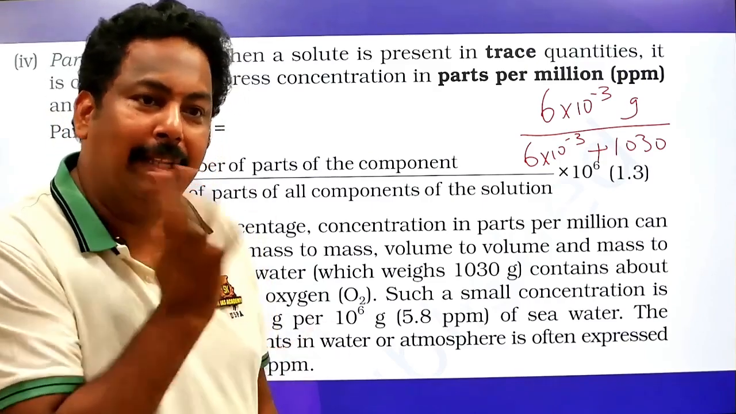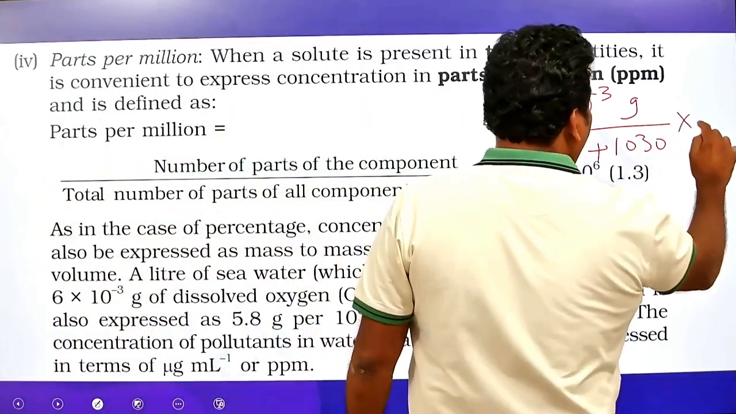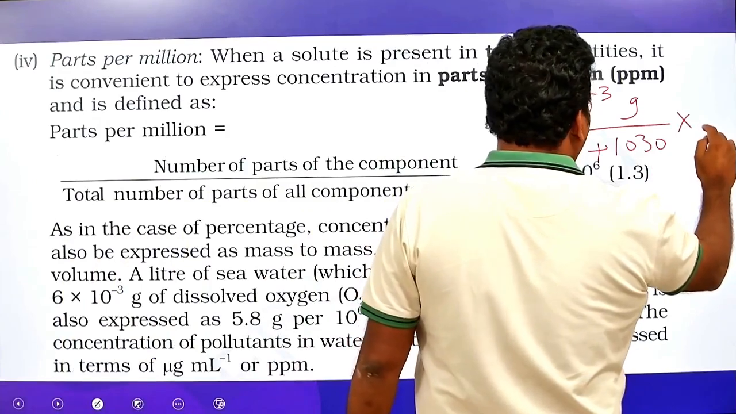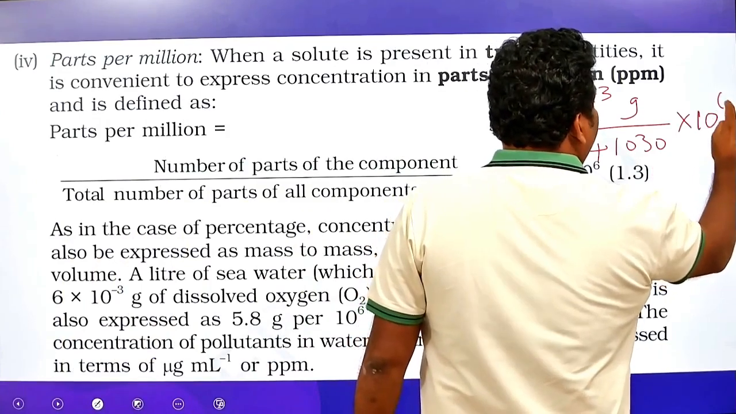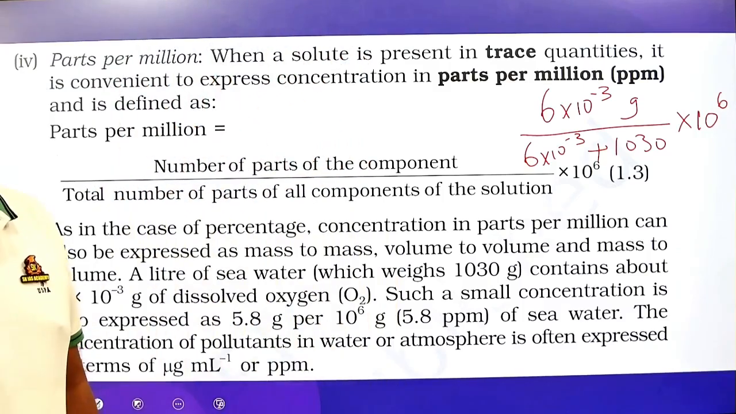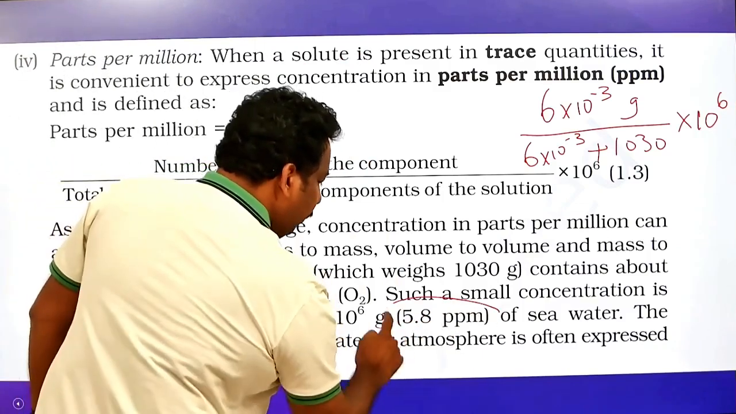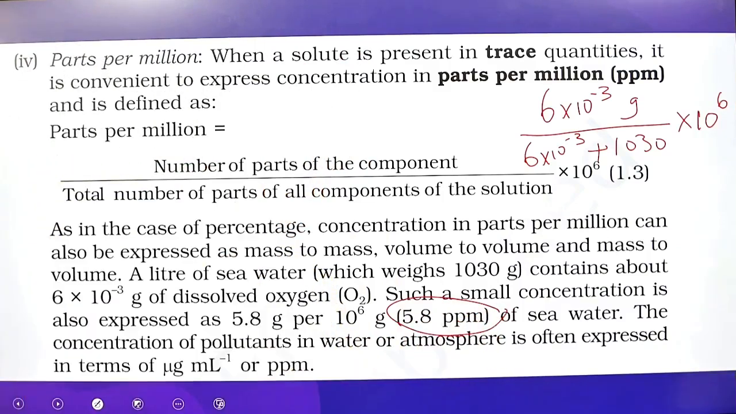Did you calculate the whole number? And what will you do? Into 10 to the power 6. What do you get? Subhash, what do you get? 5.8 ppm. If you don't understand mole fraction, there is no vapor pressure, there is no Raoult's law, there is no